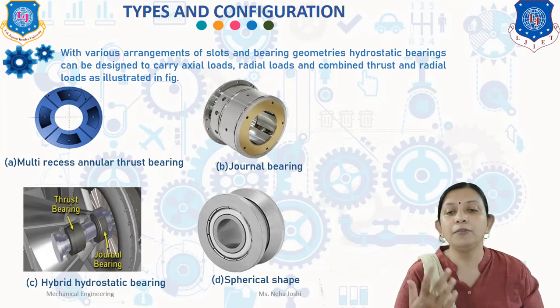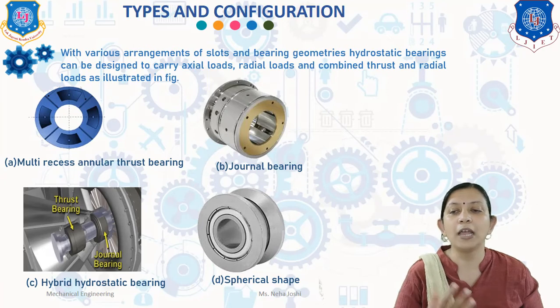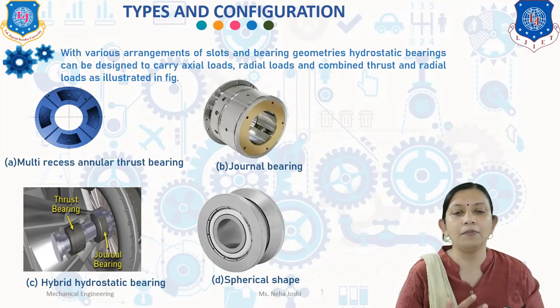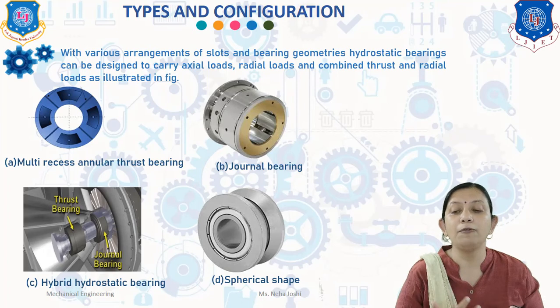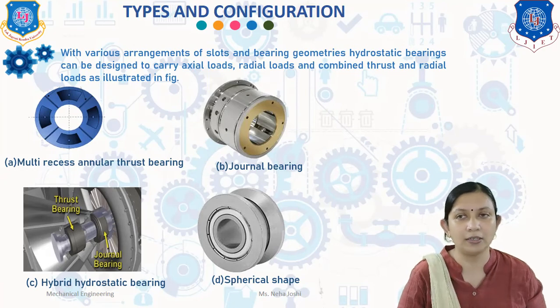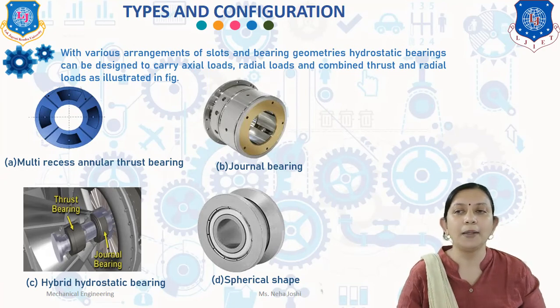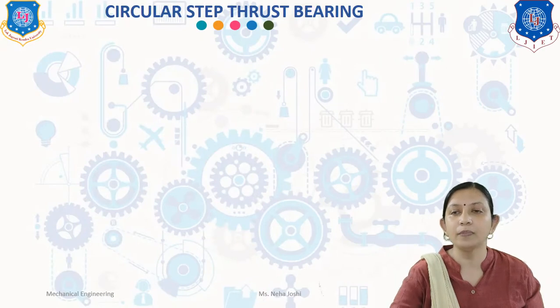It is worth noting that in almost every design of hydrostatic bearing shown in the figure, multiple slots, also known as recesses or pockets, have been used. With multiple recesses, typically 4 to 6 in a journal bearing, a hydrostatic bearing can support asymmetric loading. Generally, the depth of the recess is taken as 0.5 mm greater than the film thickness.